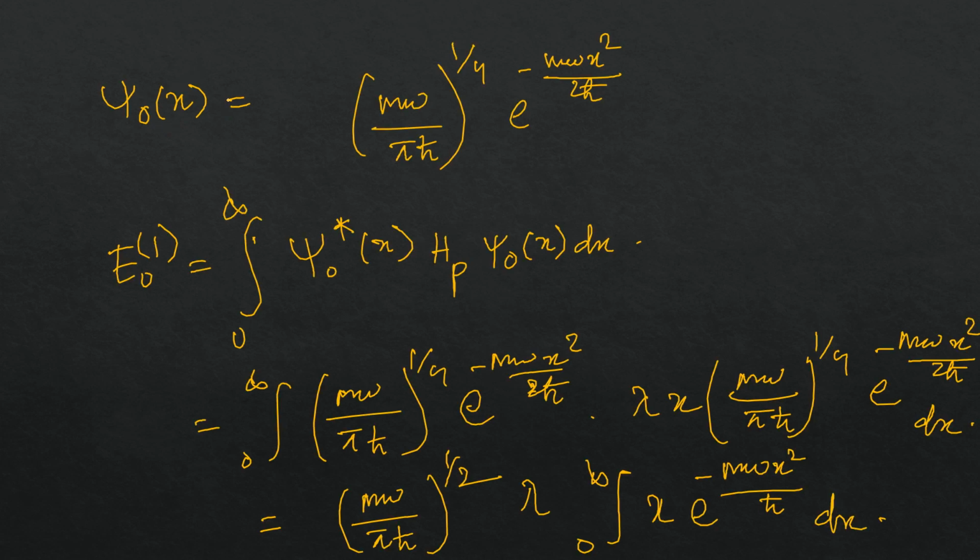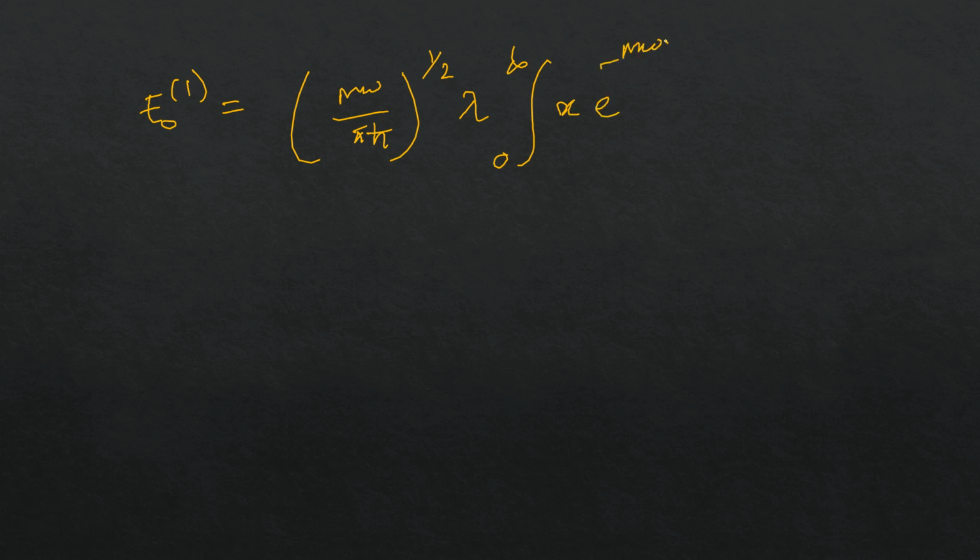So what's this coming? E1 is equal to (m omega by pi h squared) to the power half, lambda, integral 0 to infinity x e to the power minus m omega x squared by h squared dx, right? So see the formula for